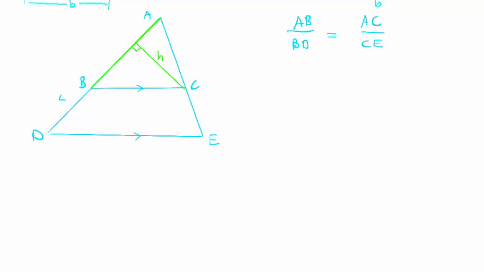Now I want to do the same thing with AC. So on AC, I'm going to draw a perpendicular. There's AC as my base. Then from B, which is now my apex, I'm also going to draw a perpendicular line on AC, and I'm going to call that one K. So my construction is,